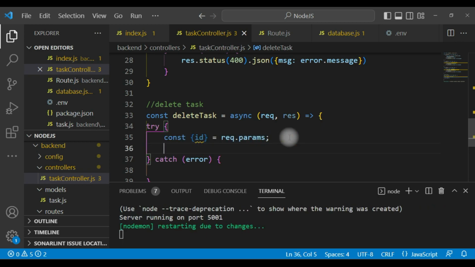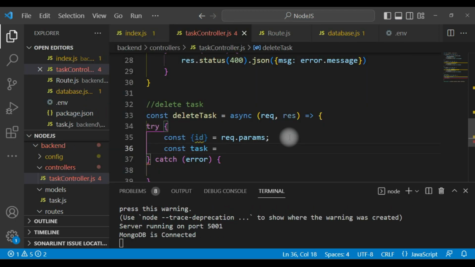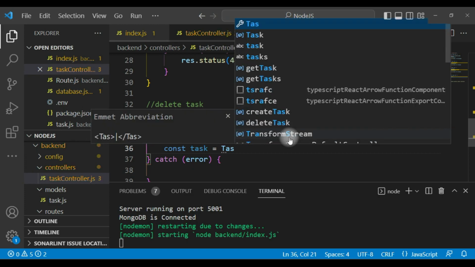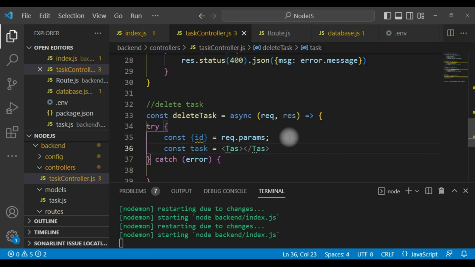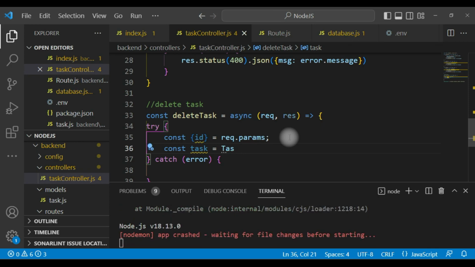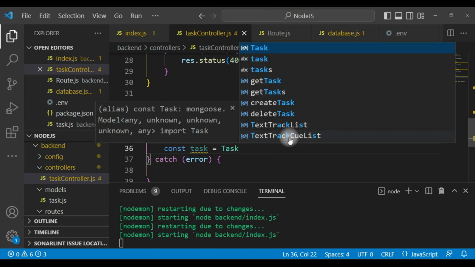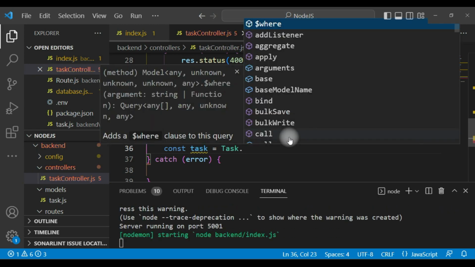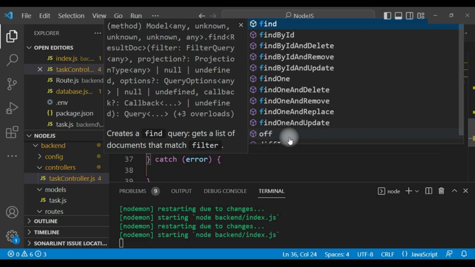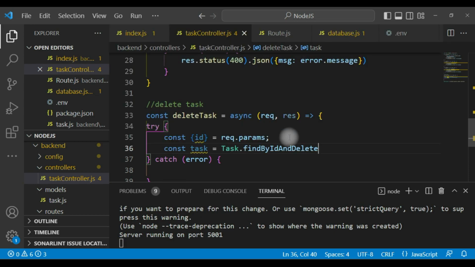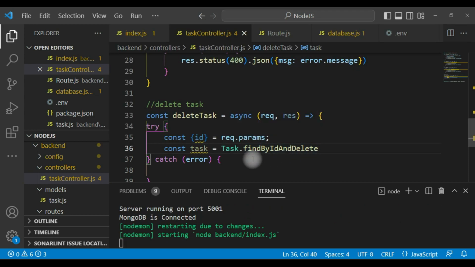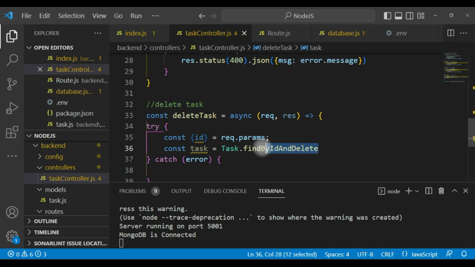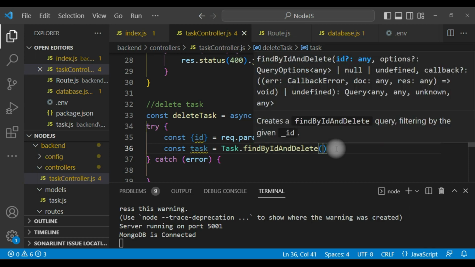After that, const task equals to our task model dot find by ID and delete method. So we are using find by ID and delete method and we pass that ID.